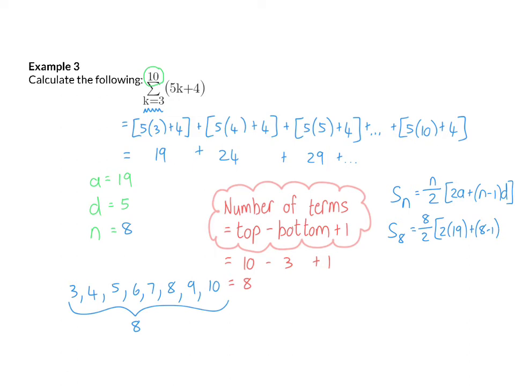And our constant difference is 5. And that will give us a sum of 292. Example 4. Determine the value of m if the sigma is equal to